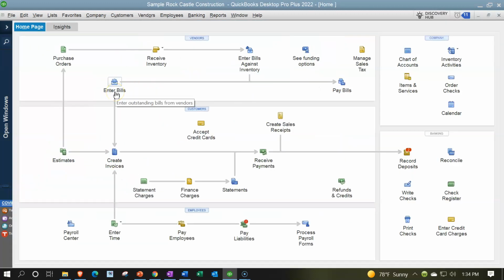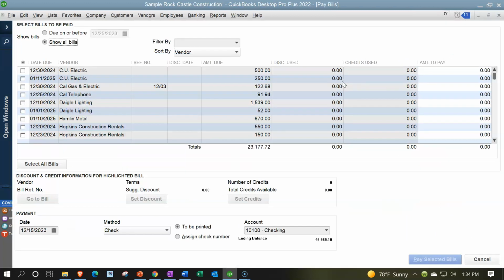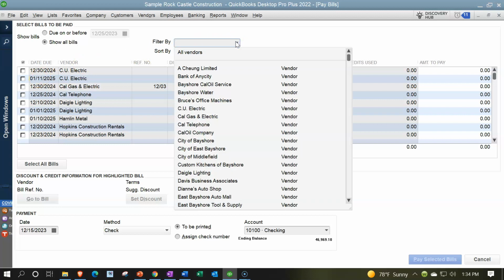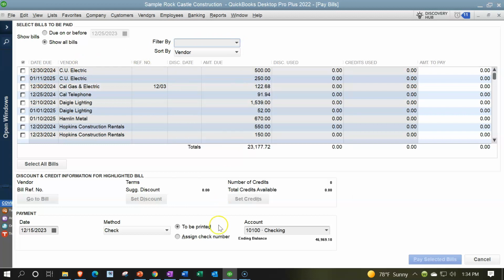Once you have entered the bills, then you go to pay bills over here at the point in time that you want to actually pay the bills. We'll talk about this in a future presentation. But now the bills that we have entered are on the left-hand side. We can sort and filter the bills that are due here,